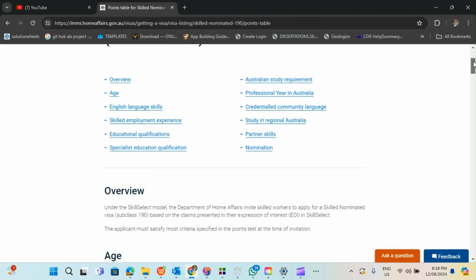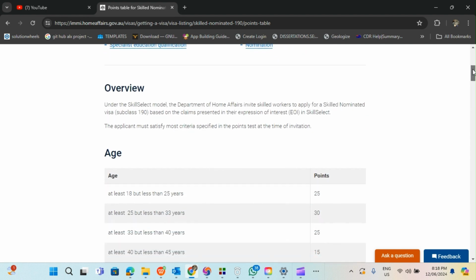There are criteria which will determine your points, such as age, English language skills, skilled employment experience, educational qualification, specialist education qualification, Australian study requirements, professional year in Australia, credentialed community language, studying in regional Australia, partner skill, and nomination. These are the things that will help you improve your score or determine what score you're going to have.